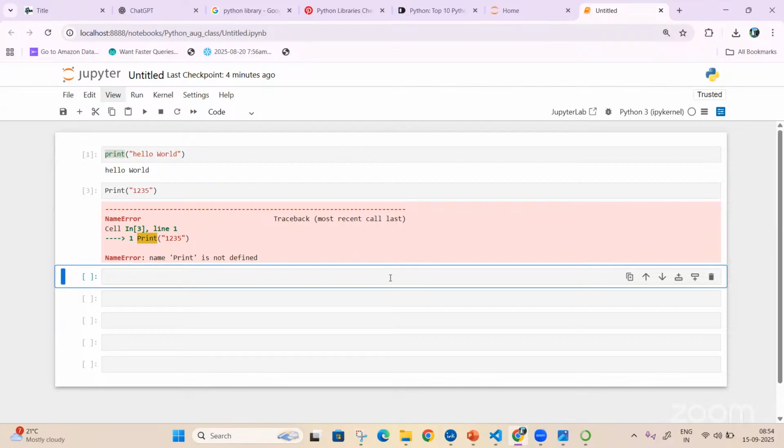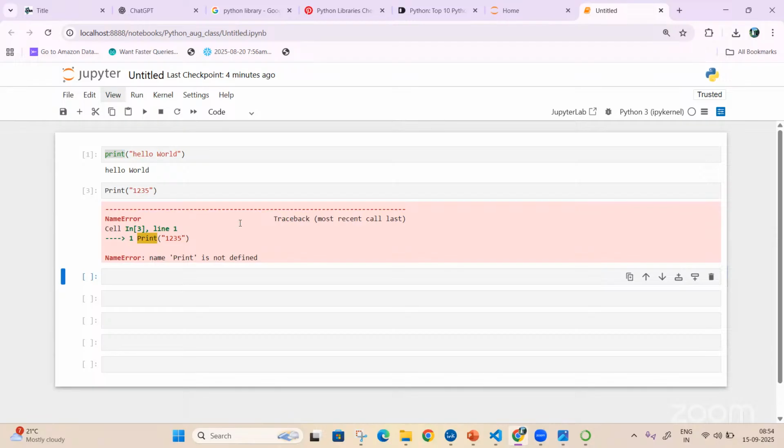So text will not come here. First and foremost rule is your Python is case sensitive. What do you mean by that? If it is case sensitive, a small p or caps lock P is not equal to each other.